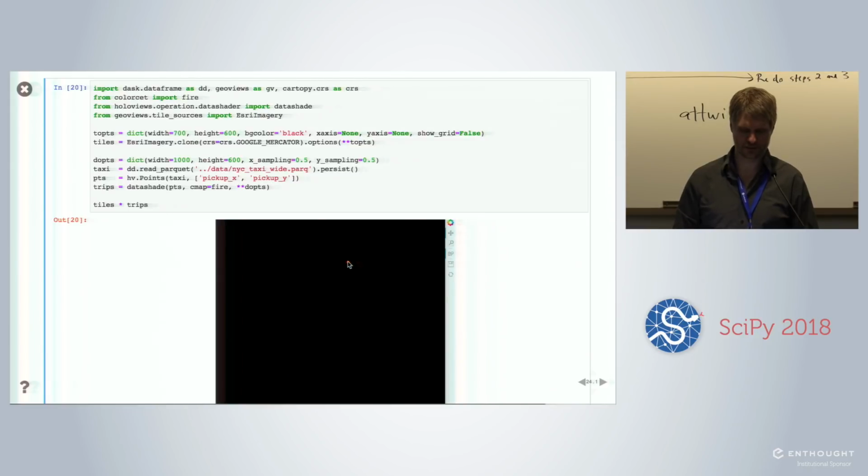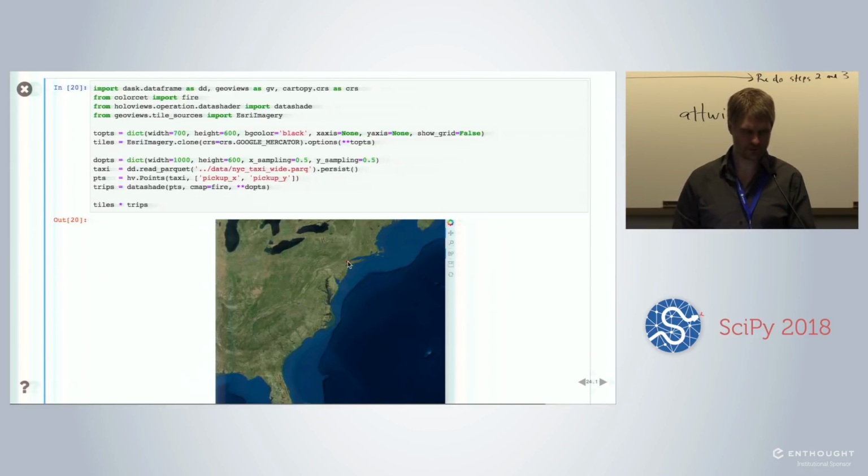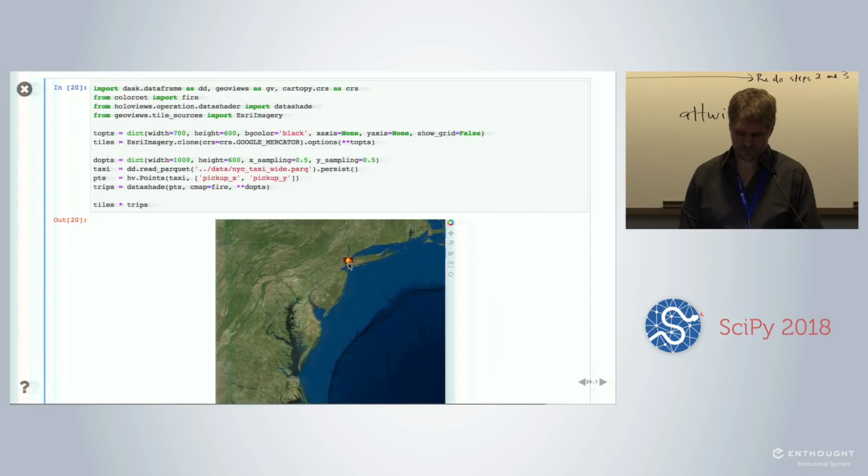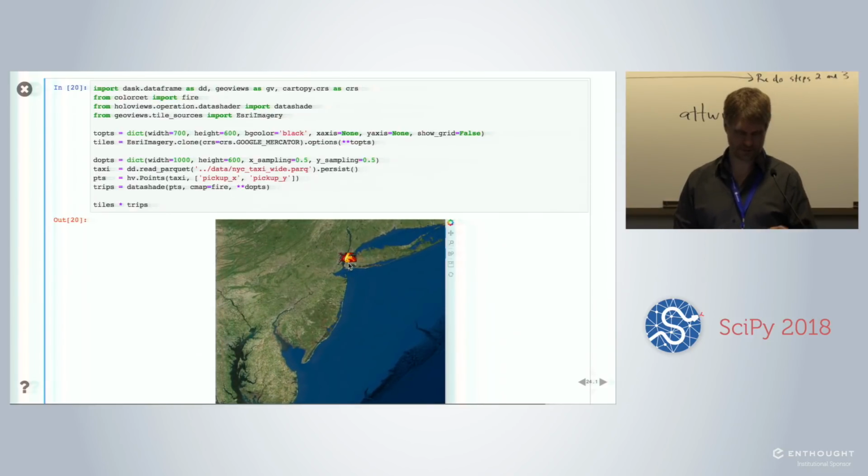This is all coming from an external server at Esri. We have nothing to do with this; we're just pointing to their server. Whenever we need to, it pulls map tiles, which are little chunks of images from their server, and puts them on the plot. If you want tiles behind your work, and it's situated in geographic coordinates, then you just